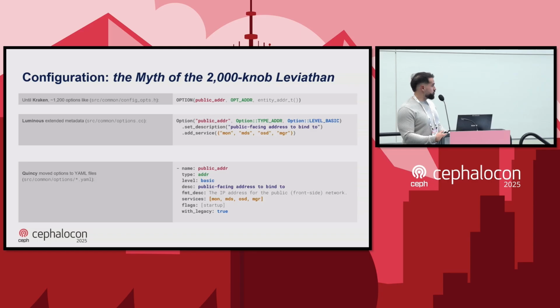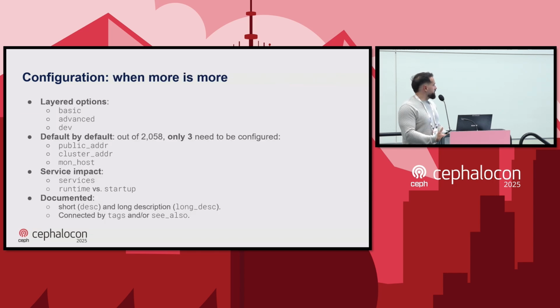Probably that information could be used to improve even more the user experience and also the documentation, because that's basically configuration as a YAML file. And there are many things to comment there. The defaults. I checked more or less how many options you need to configure a cluster. At least initially, it's only 3, right? I think it's the public address, the cluster address, if you want to have a separate cluster address, and the monitor host. That's it. Everything else has a default or is inferred by Cephadm,